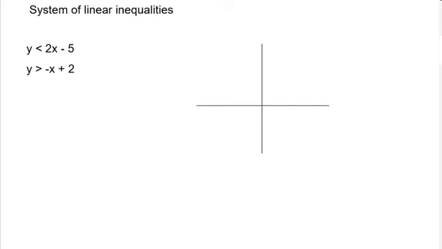So I'm going to start by graphing the same one. Maybe I'll say this is negative 5. That's probably not steep enough. Probably need it to be a little steeper, like that. That looks pretty good. And then y is greater than negative x plus 2. Maybe this is 2, and negative x, slope negative 1, so